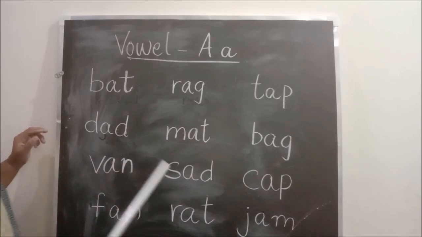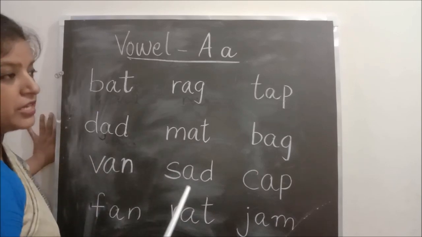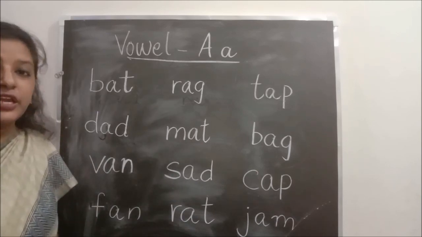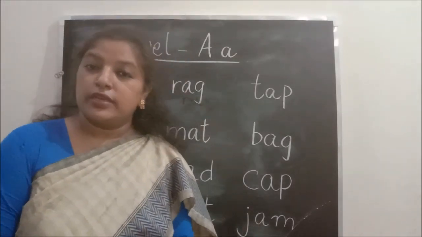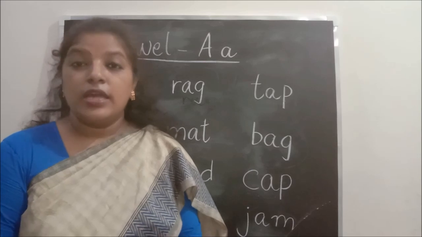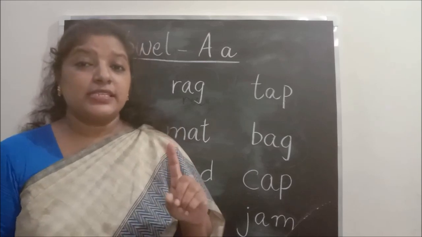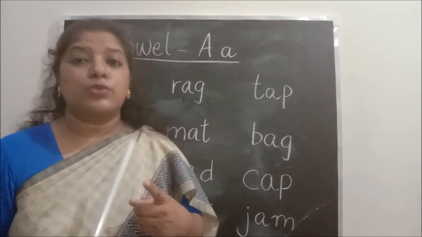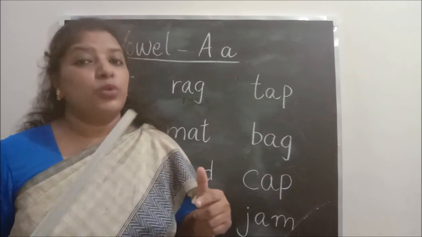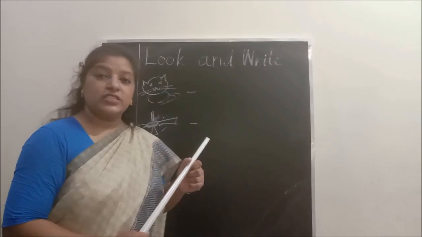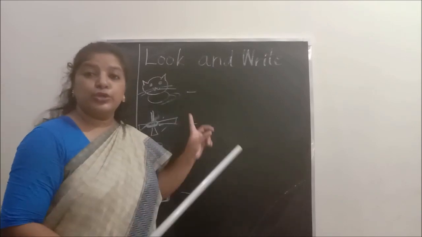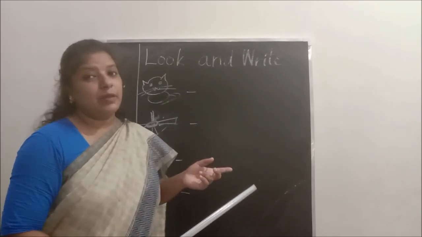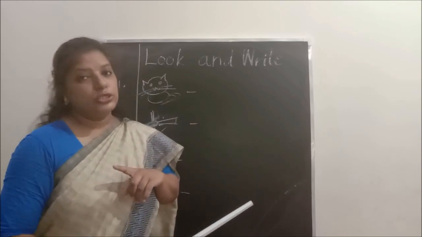So these words I have given in jumbled combination. You are going to read it from your Interactive Approach to English Reader. Clear? Now we are going to do one exercise, that is look and write with more words. So let's start with our exercise, look and write. First I am going to show you on the blackboard as an example, then we'll move to our notebook.